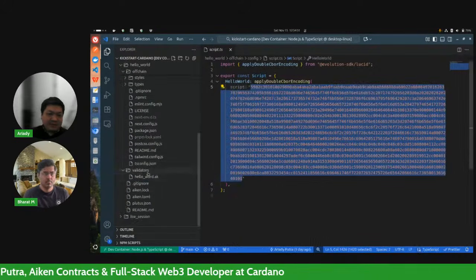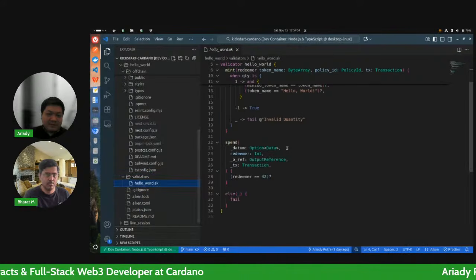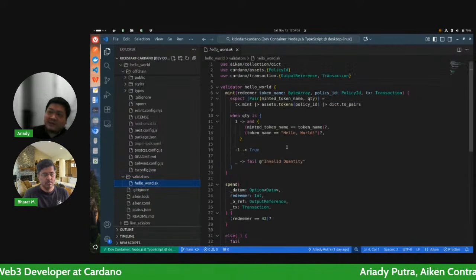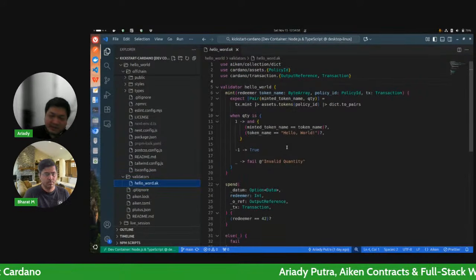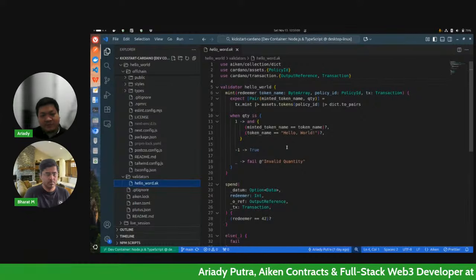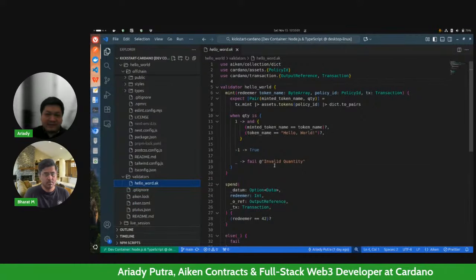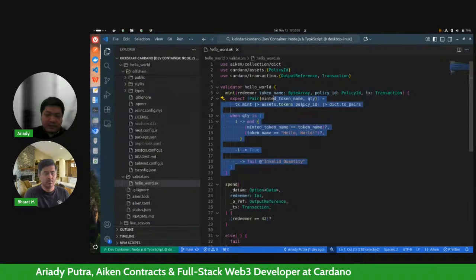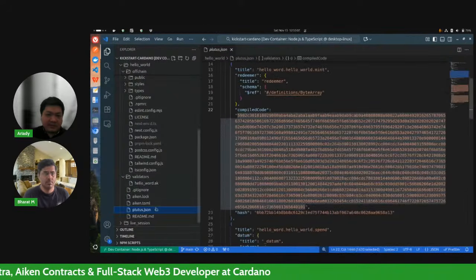But before we do that, what I recommend is that, unlike on other blockchains, let's say Ethereum, whenever you compile a Cardano smart contract, as long as the logic is the same, it will always generate the same script.